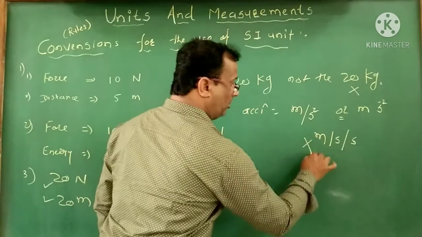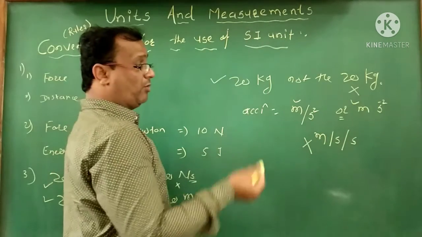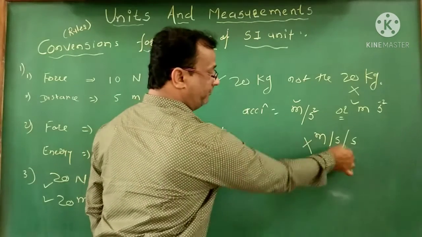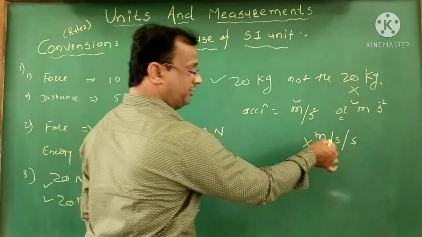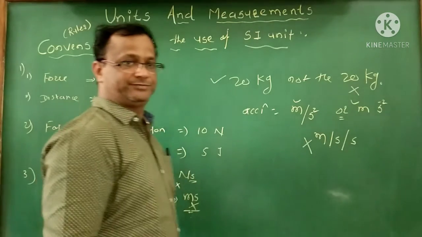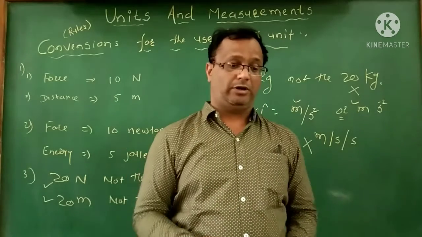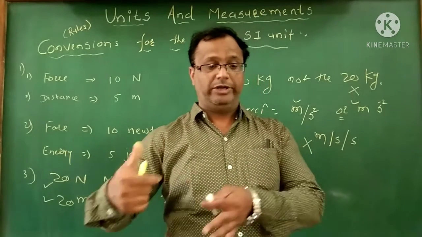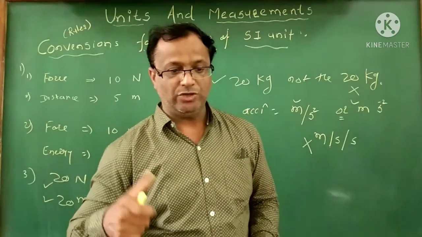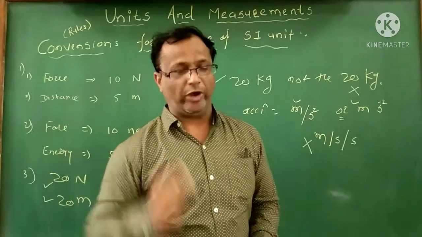Right? So this will be the wrong one, and this will be the correct one. It means that we want to write down that ratio only once, not in repeated form. So that's why this will be the wrong one, and this will be the correct one. Again, this will be one of the rules to write down the SI unit. Now, next one. The use of a combination of units and symbols for units is avoided.